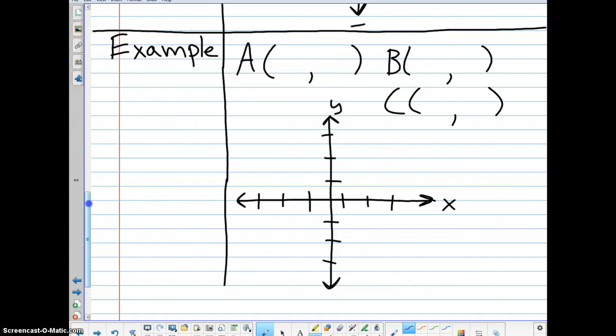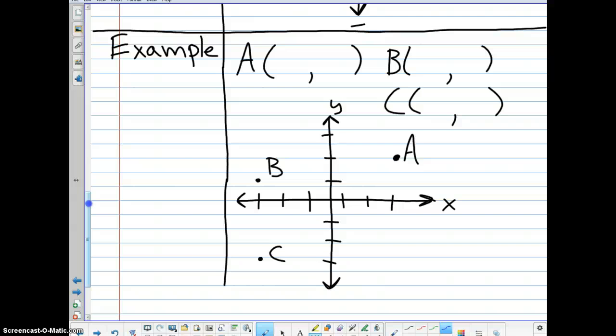Okay, and I'm going to put a point right here. Call that A. Going to put a point right here. Call that B. And then I'm going to put a point right here. I'll call that C. And hopefully you can understand the transition here, going from a coordinate grid down here into